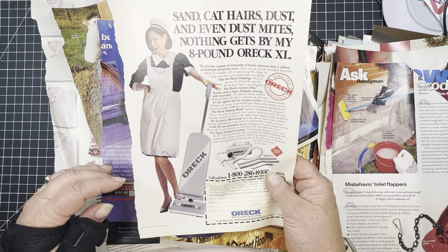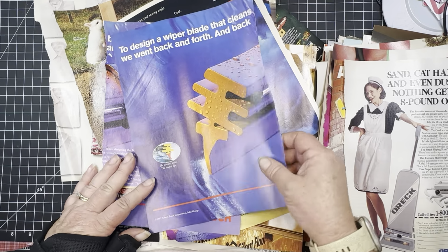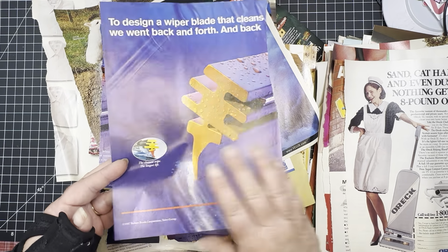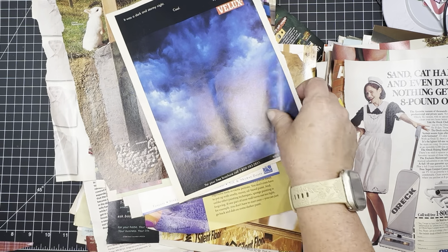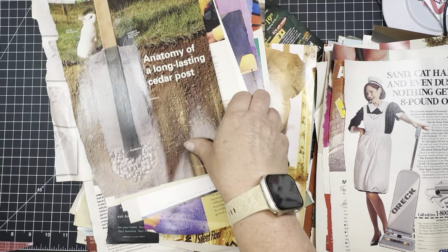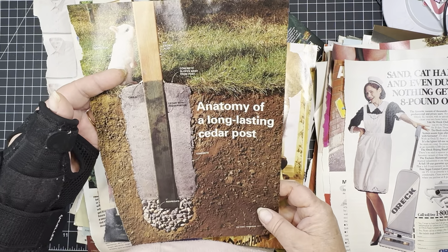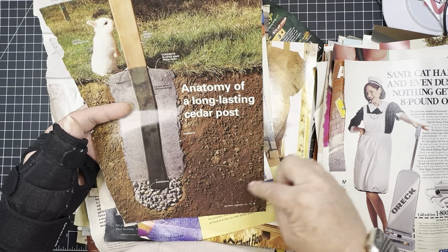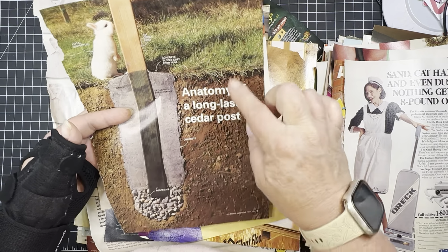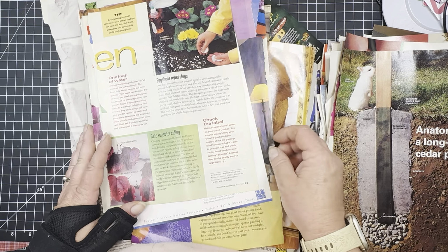This one, even though she's holding a vacuum, she looks like she is Gluebook worthy. This one I think I took for background color. This one I think I took for background color. And this one I took for background color. This one has a bunny. I could probably use this for background color too. But I'm going to put it in fussy cuts. I'm not sure what I'm going to do with that little bunny, but